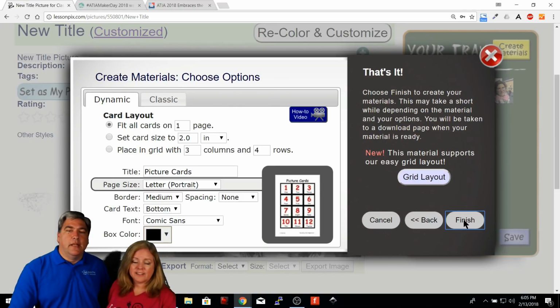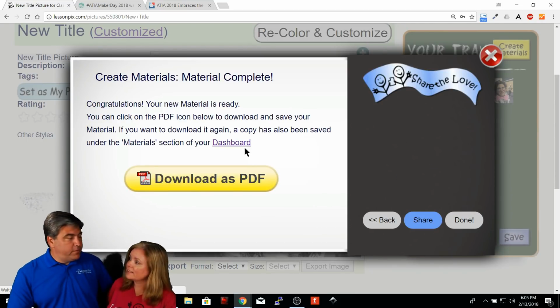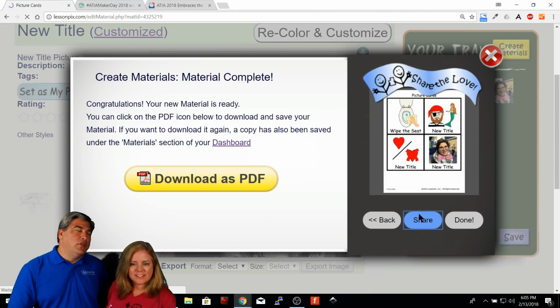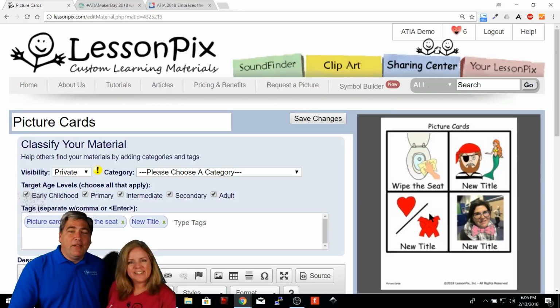I'll go ahead and do that. Next, finish. It will make the same picture cards that we just made. It'll have one more picture here of an attendee from the CEC. I'm sure she is delighted that we're using her picture with a bow tie. But if we do that, it will actually now have the same rules as before.